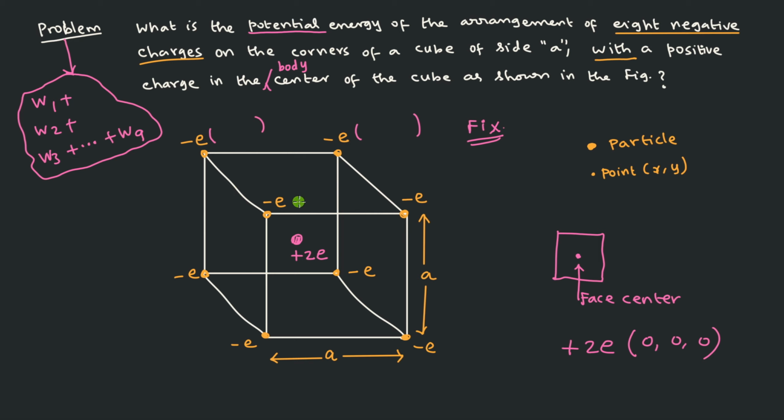So as an example, we are now considering that these Q1, Q2, Q3 are identically the same. 8 of them you take, because 8 corners are there. 8 of them are kept at the corners of a cube. That is the first thing. The second thing is, at the body center of the cube, you have plus 2E, which is kept here. So what you understand from this problem is that Q1, Q2, Q3, etc. can be any charge as you like. It can be a plus charge, it can be a minus charge, and you can keep it anywhere.